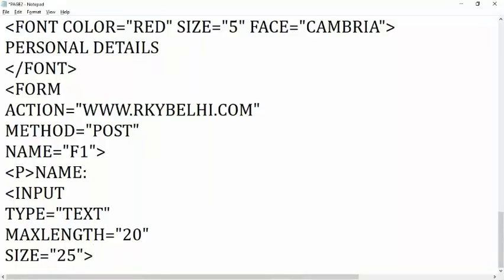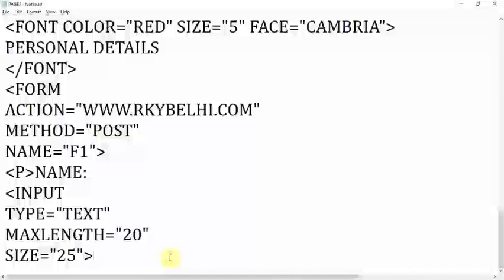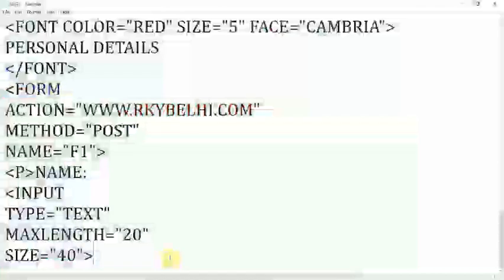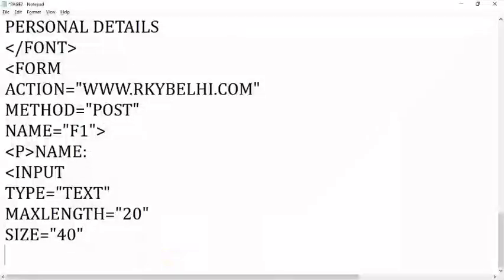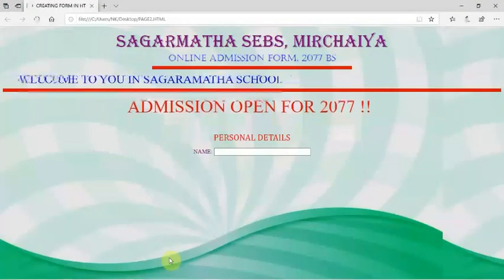You can see here, Control plus S. I want to refresh the page. Here is the page. I want to refresh it, F5. You can see a very small size. If you want to make it larger, you can give 40 also. Now Control plus S. Now you can see a much larger size. Now next, another attribute is also left, like value, in double quotation, like enter your full name. You can give any value here.